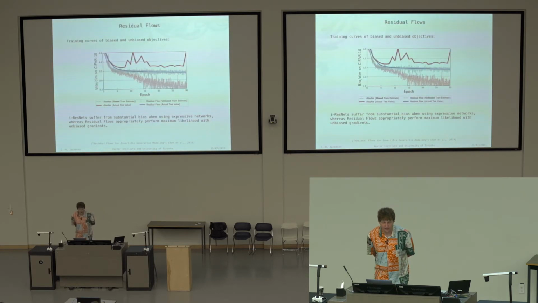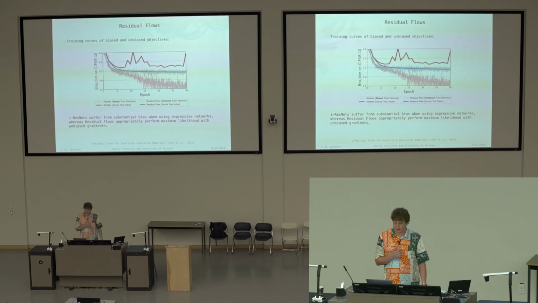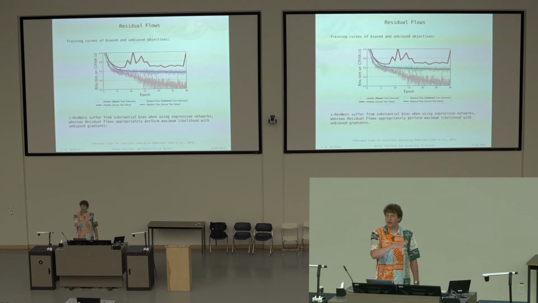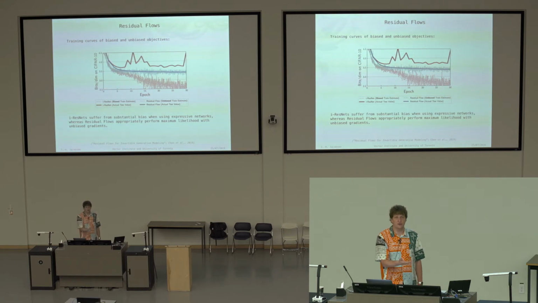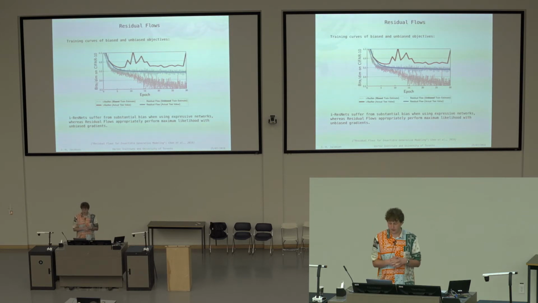So here, just to show you again that this bias is really a problem: if you make the invertible ResNet really expressive, then you end up optimizing the bias of this estimator. On the y-axis, we see the bits per dimension on CIFAR 10 and then the number of epochs, and you see that the training estimate is converging and converging, whereas the actual test value is spiking at some point and becoming worse and worse. So you really only optimize along the bias of the estimator. Then the residual flow, which is the version of the iResNet with an unbiased estimator, doesn't have that problem, and you stably train to convergence.